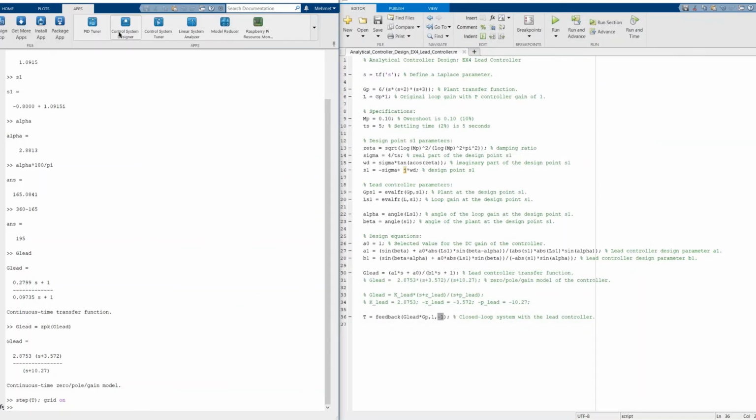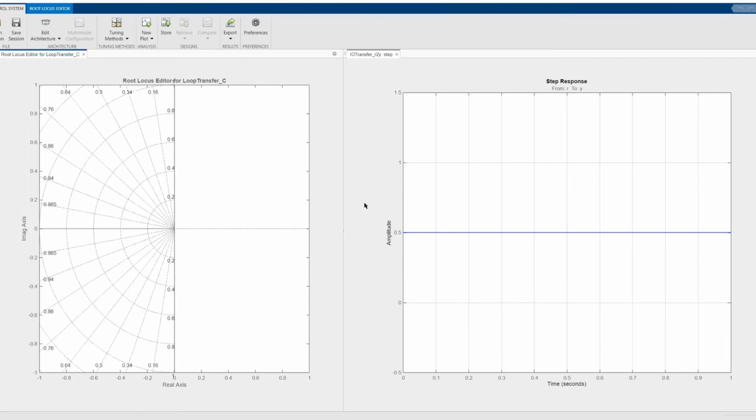Now I will also do that in the application of MATLAB. So there is a nice application of MATLAB, Control System Designer. I will run this, and we will upload now our controller, our plant, and everything, and we'll see what's happening when I, for example, adjust something in my controller parameters. So let's do that. If I now run this, I will get the following. This is our controller